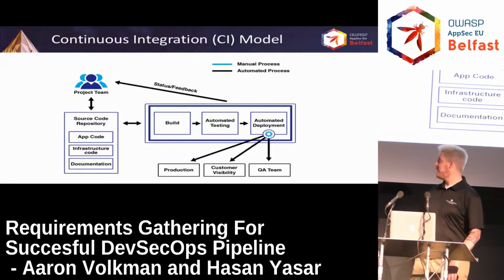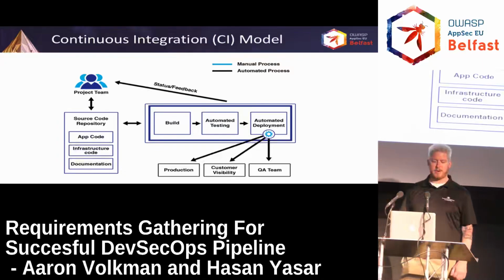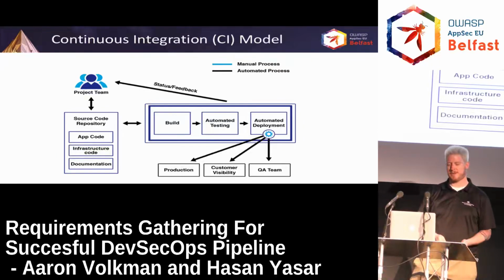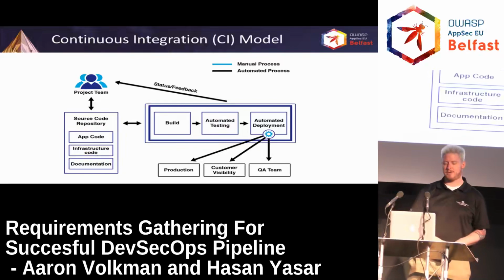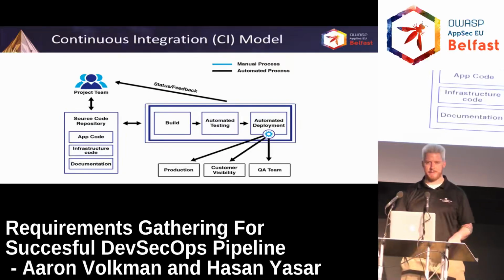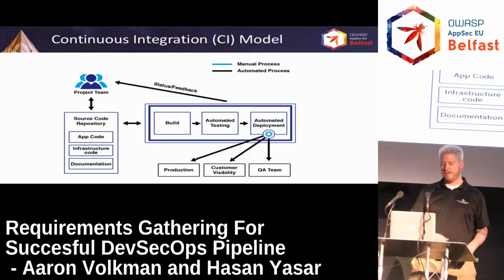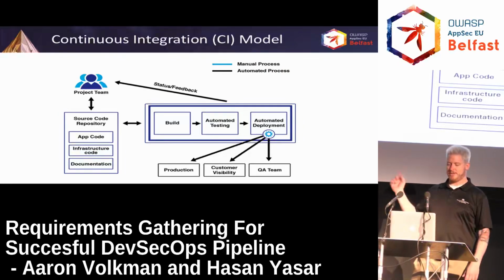We have our project team up in the corner. They're interacting mainly with our source code repository that contains the application code, our infrastructure code, our Chef, our Puppet scripts to build our servers or our Docker containers, as well as our documentation, where the documentation lives in a source code repository alongside the other artifacts. We interact with that. We have our continuous integration server in the middle that does the build, the automated testing,